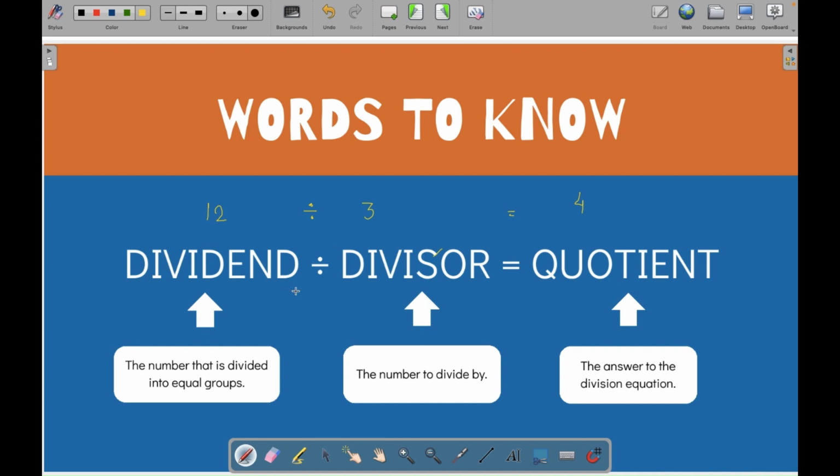So the dividend is usually larger, most of the time it should be larger, and when it is smaller, you'll see then we have fractions. So that is something we'll discuss in later classes. So for now we can assume that the dividend should always be larger than the divisor, right? The divisor is smaller than the dividend, or the number that we divide the dividend by. The quotient is the result of the division. Okay,